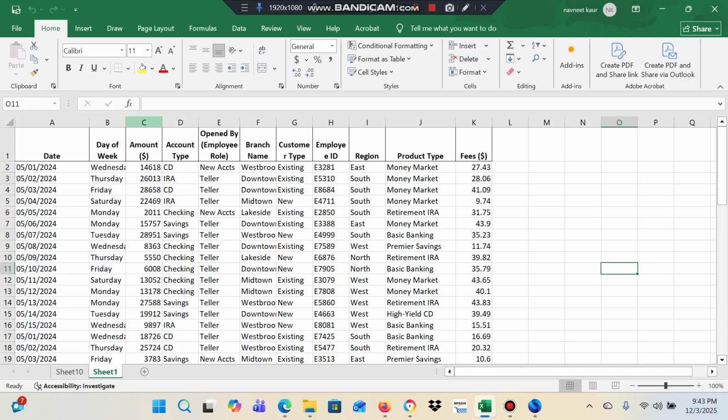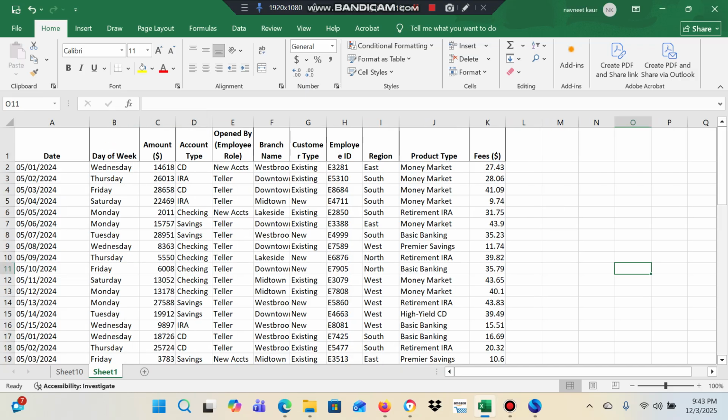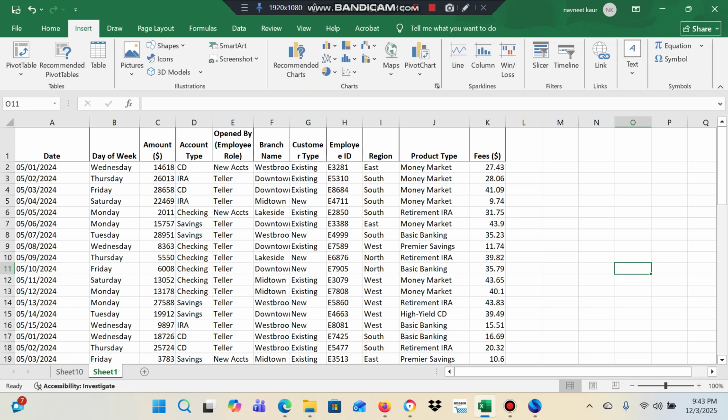As in all my videos to date, I'm using this bank data, which talks about the account type, where people are opening a CD, RDA, checking, savings, etc. Whether it was opened by new or by teller, branch name, customer type, employee ID, etc. So now, if we have to insert a slicer, first we have to add a pivot table, which is simple, like